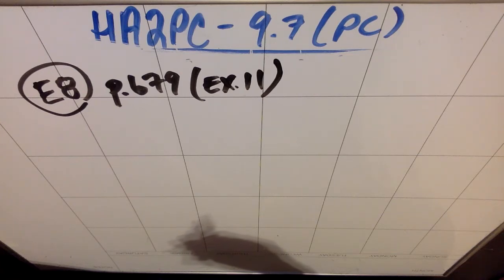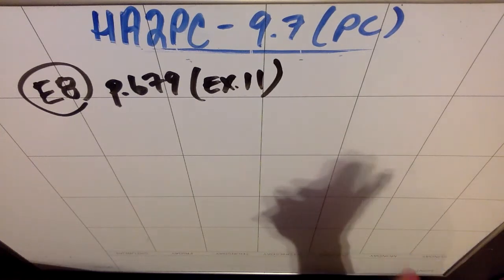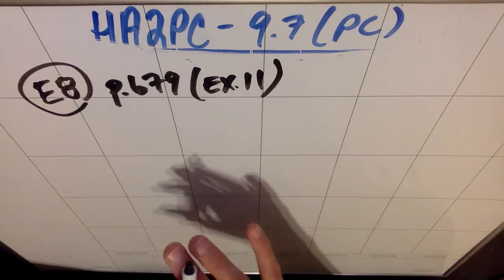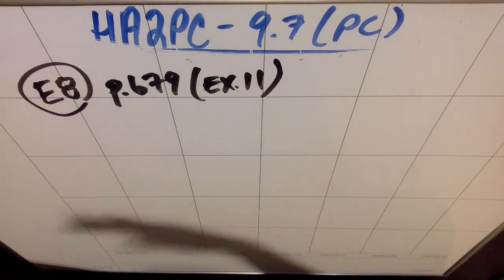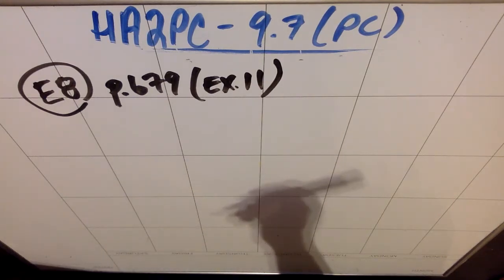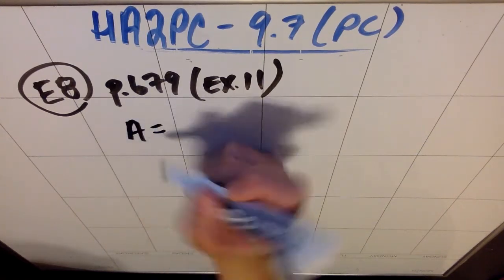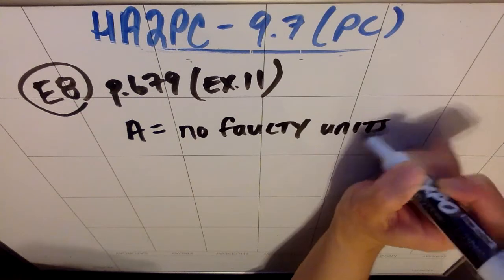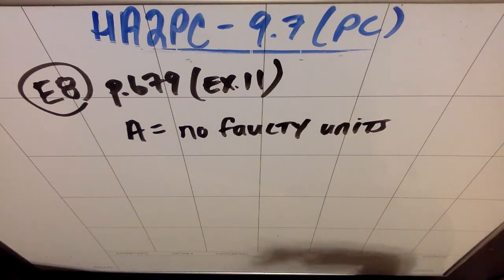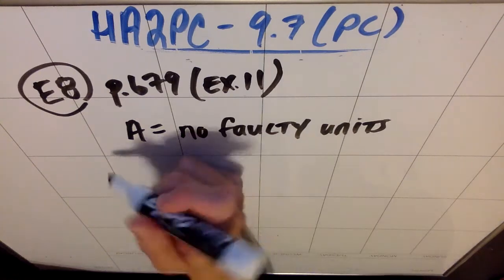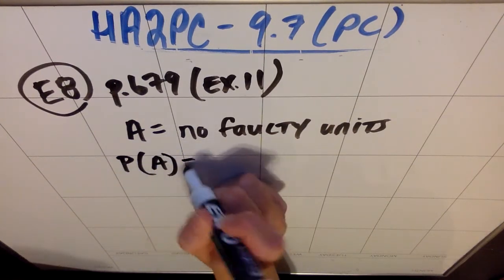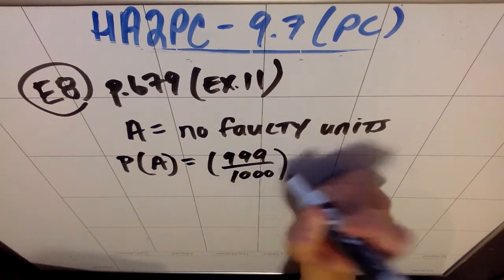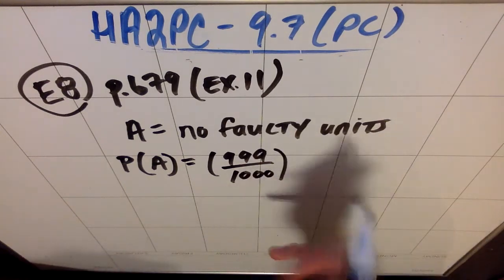Okay, so here's the logic behind this, right? The easier way to figure this out is what's the probability that there are no faulty units, right? Because having 1 or more faulty units is the complement of having no faulty units. So essentially, if we call A the event no faulty units, we know that 1 in 1,000 is faulty, which means 999 in 1,000 are not faulty. So the probability that there are no faulty units in 200 units would be 999 over 1,000 times itself 200 times, like one of these for each of the